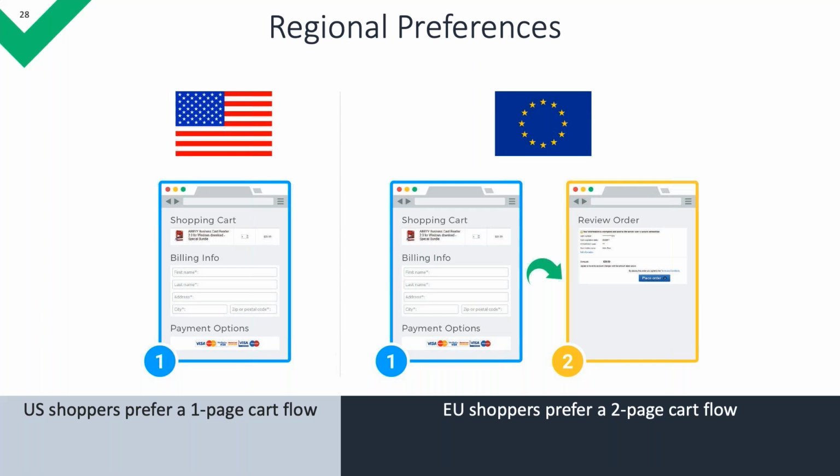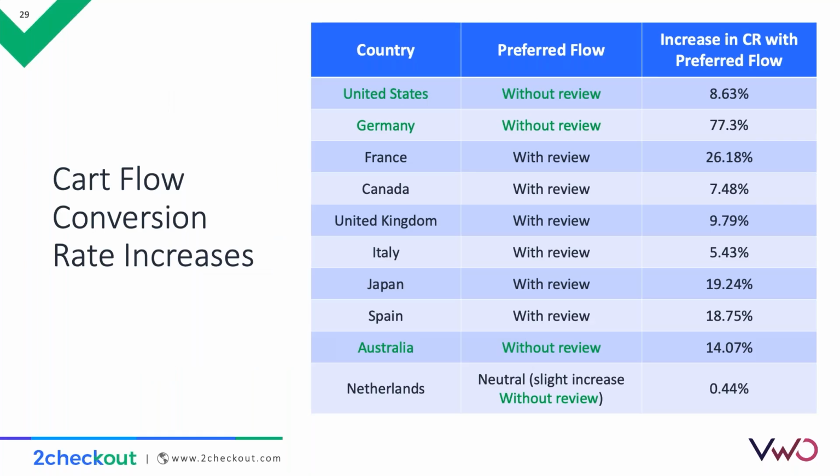And on the next slide, I'll show you our findings from the A/B tests that we've run regarding this. We did our best to gather everything into a single table that can tell you if a country prefers a review page or not. And this is how it looks. And a few things to note here. Germany shows a really strong preference, a 77% conversion rate increase, for a flow without a review page. And I think that maybe that's because their culture is based on efficiency, and an extra step might be considered redundant. So they just want to purchase as fast as possible.